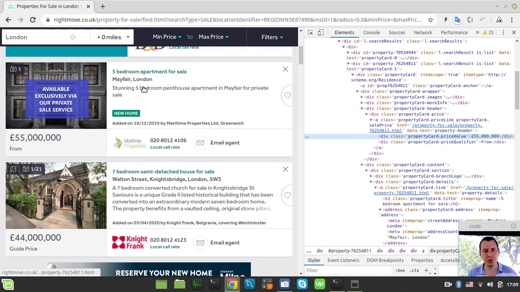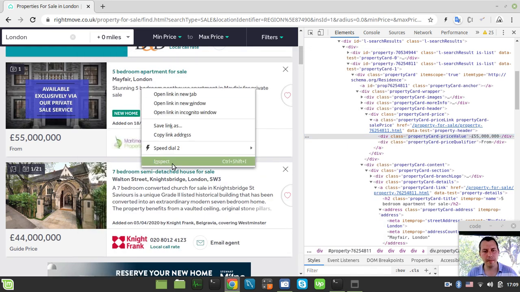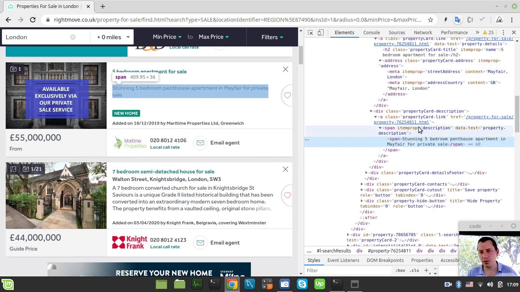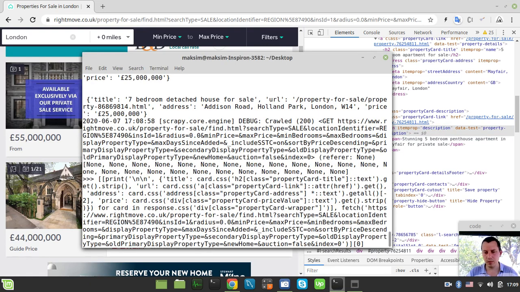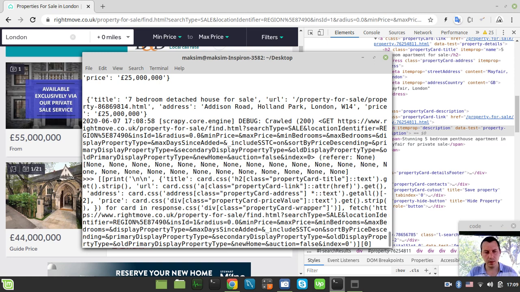Also, it would be nice to get some description from here, so let's try one. Inspect. Okay, so description: span, item prop, description. Well, let's try this span, and then we'll just try to scrape the data recursively, or well, we'll see. So description, span, item prop. Let's go for this as well. Here we did end with a strip, right? So comma and